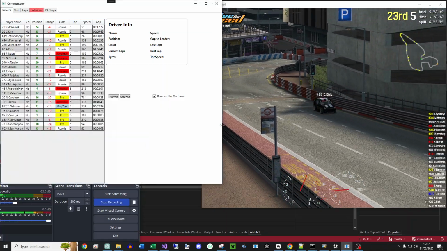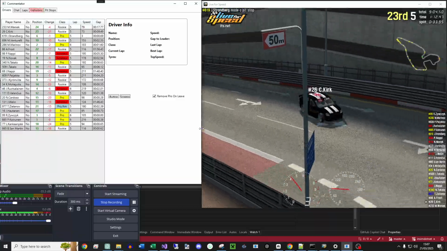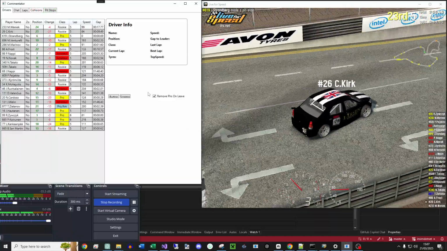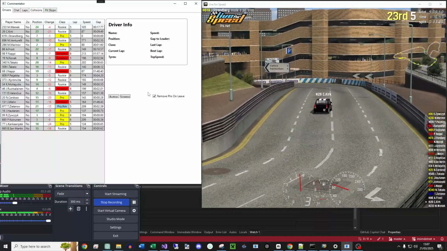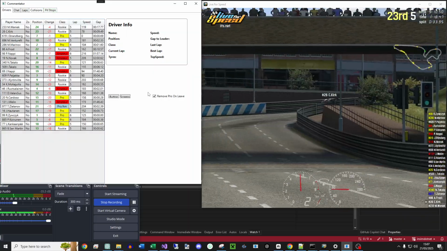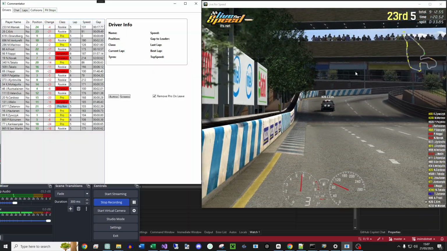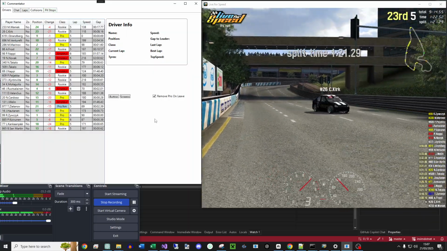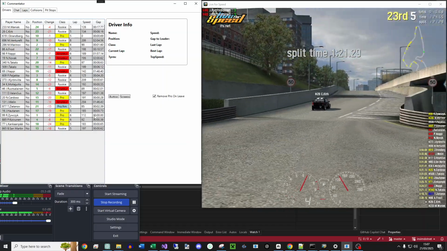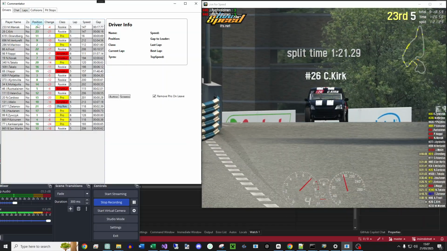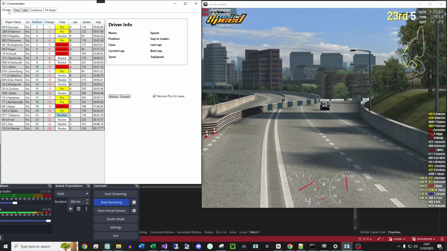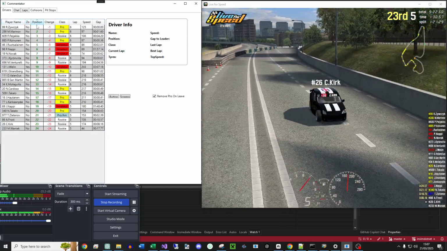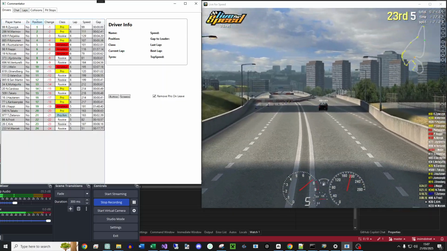Okay, this is the commentator app for Live for Speed, which really only works with gripmasters. And at the minute, we're watching a race from a couple of tracks ago where there were lots of crashes and chaos. So the first tab you've got here is the drivers, and you can rank that by position in